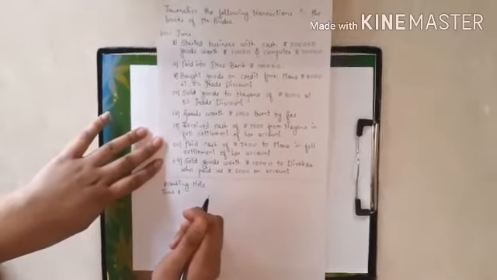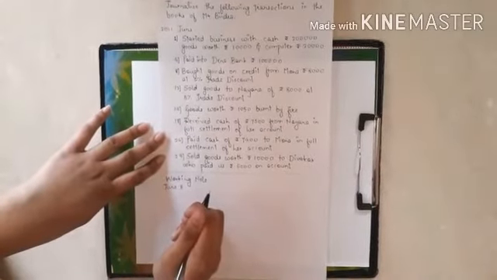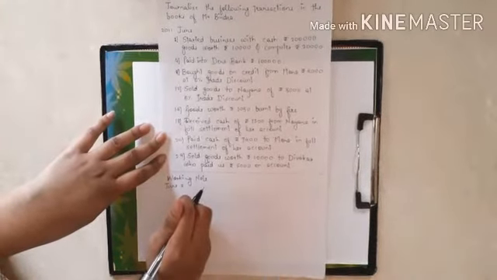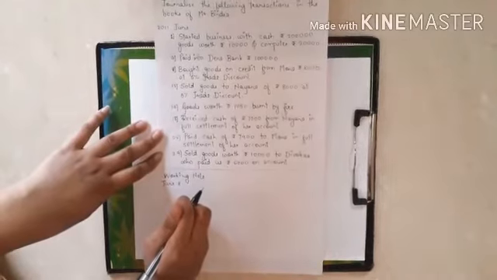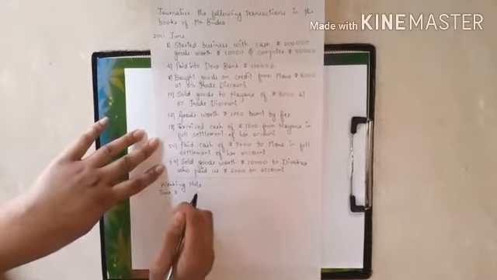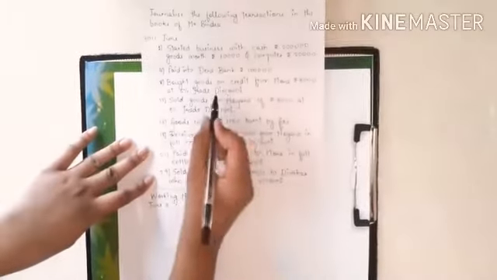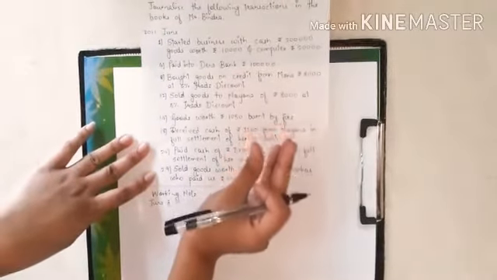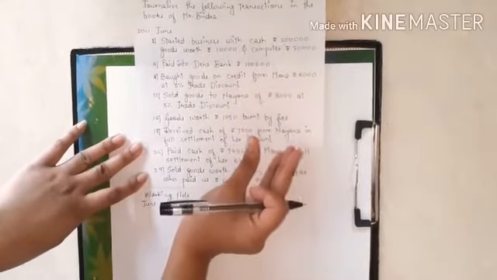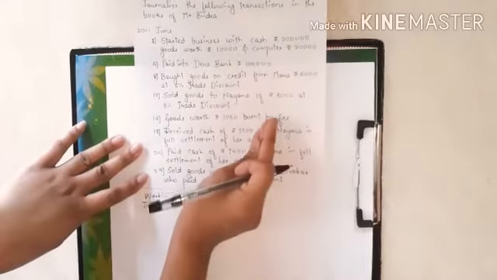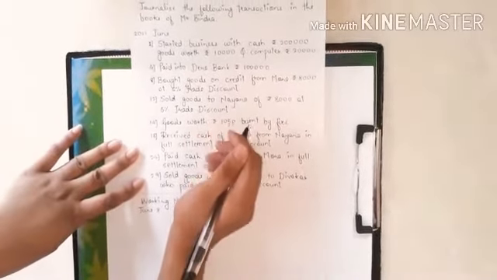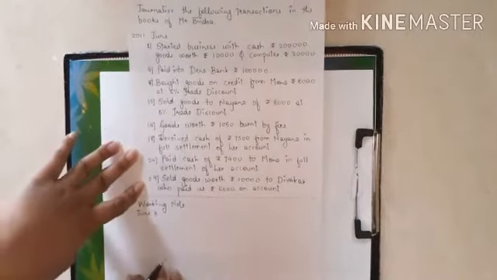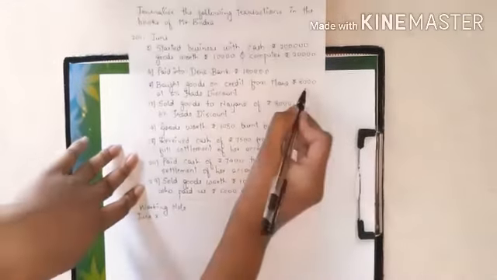Remember, you have to frame working notes of the transactions that have discount or any percentage you have to calculate in some of the transactions. You have to make a working note before solving the actual solution. So here Mr. Bindra bought goods on credit from Mona, rupees 8,000. So the actual price of the goods was rupees 8,000, but Mr. Bindra bought it on credit and he bought goods on trade discount, that is of 6%.